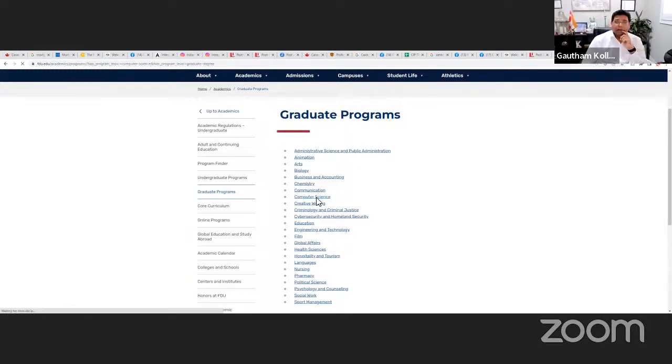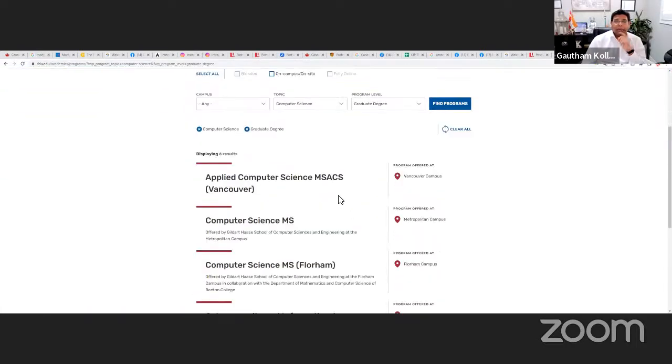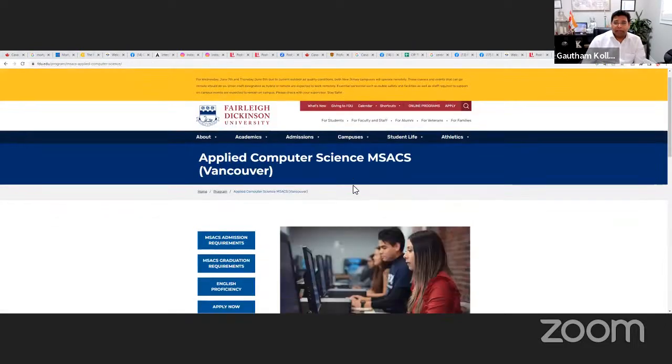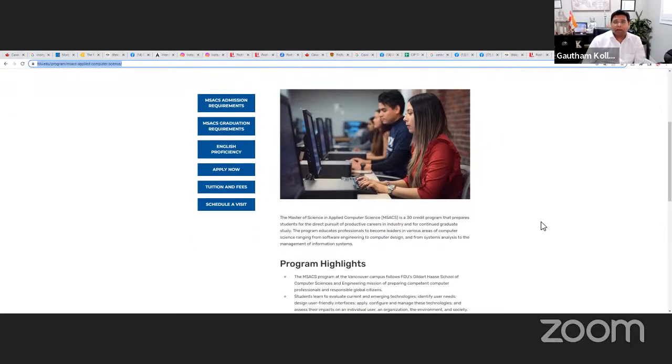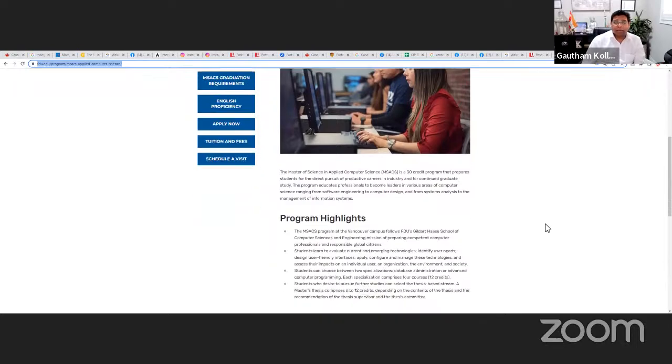Computer science. So applied computer science, this program is offered in Vancouver, and this is eligible for BC PNP. So if your wife is willing to take the GRE, gets a good score, and gets acceptance into this program, after graduation she can get 600 points when she applies for PR, she gets a high score and it's a guaranteed PR.